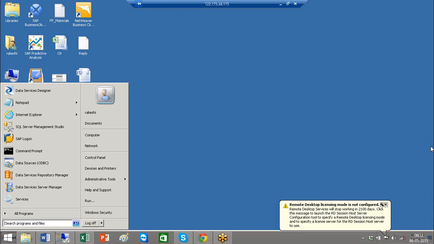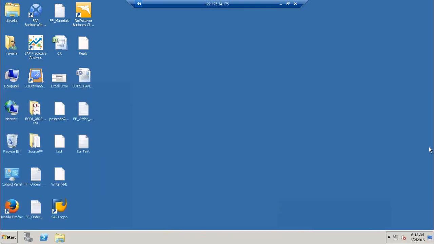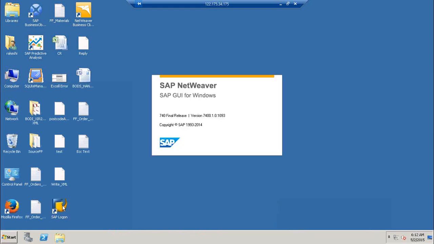Okay, ECC configuration was not done on the SAP logon pad. So you can do that, Sandeep, because you will have the details in your email. If you just go to the logon pad,